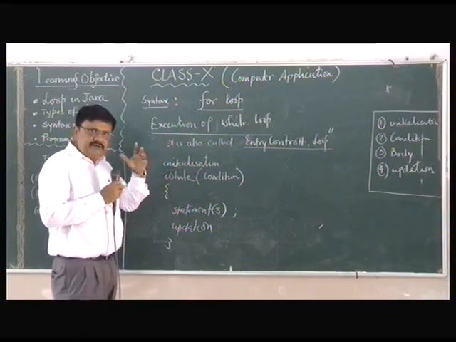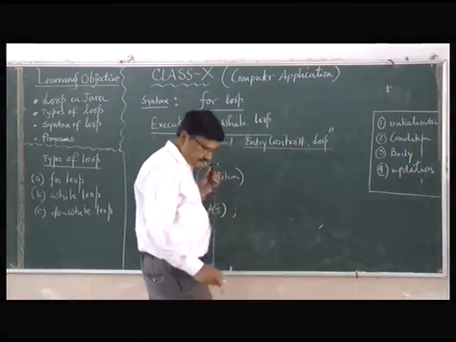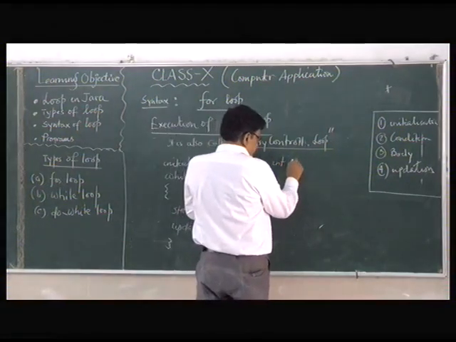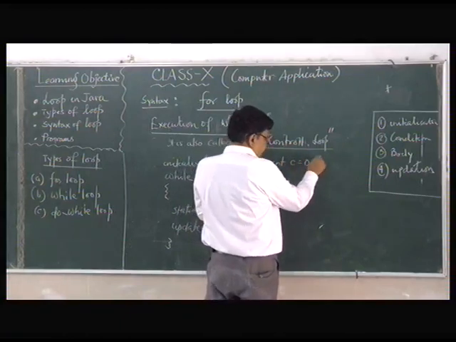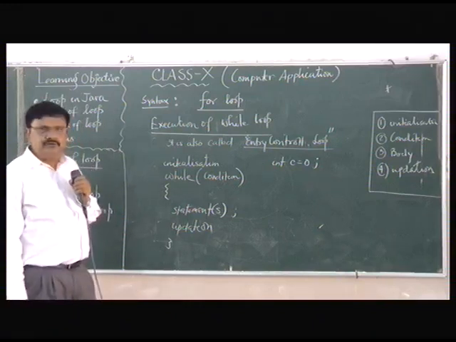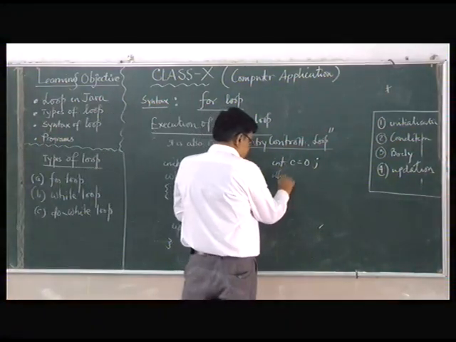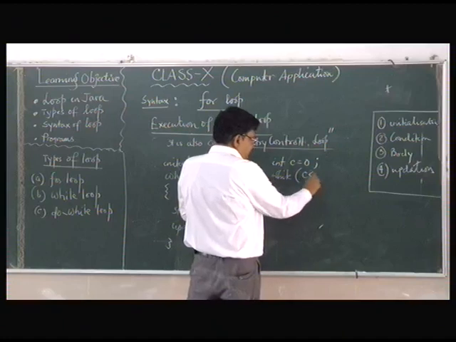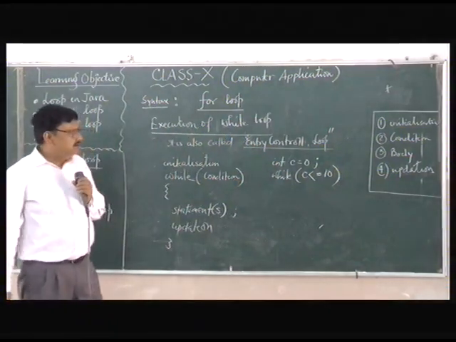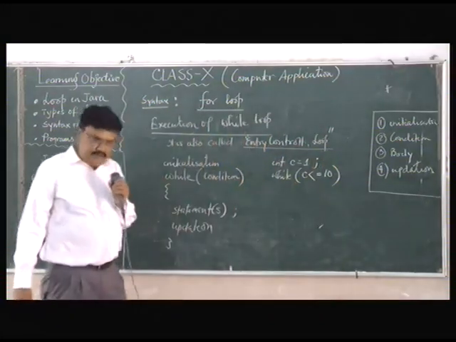So let us do the same thing to print numbers from 1 to 10. Now see this. Integer, for example, C is equal to 0. I'm just writing one snippet, okay, not the full program. Integer C is equal to 0. Am I right? Now while C is less than equal to 10. Why I have given 10? Because 10 I need to print. No, we'll give it as a 1. We'll initialize to 1.